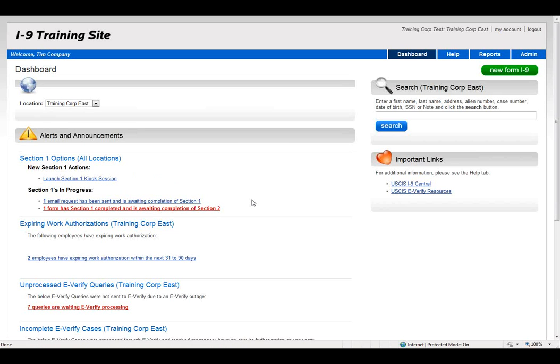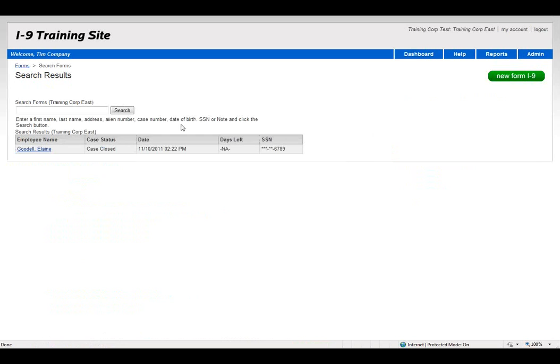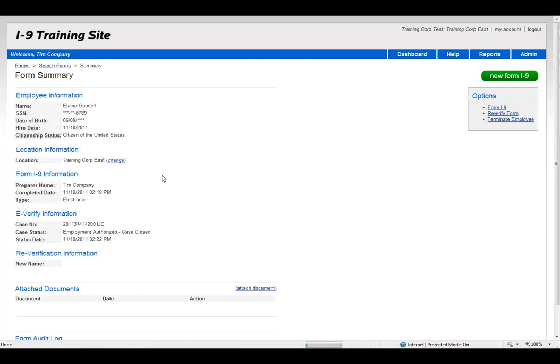It takes me back to the dashboard because the case is finished. However, over here on the right, remember I copied that employee number, so let's paste it in, hit search. There's Elaine, select her name. And then in the summary screen, there's a lot of information for you. We specifically only show some parts of information, such as the social, not the full social or date of birth. So we mask some of the personally identifiable information on purpose,